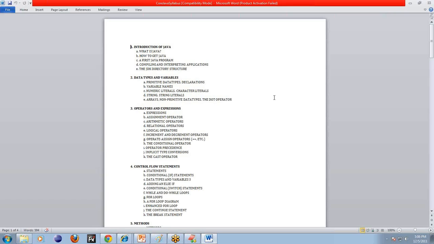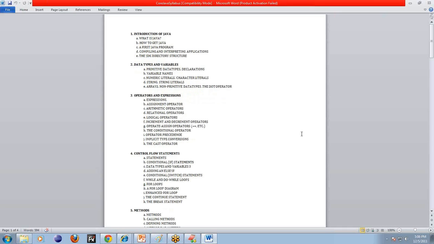Control flow statements, like what the different types of loop statements are and for what purposes we use them. Then the object oriented features, and how to implement them in Java, how to declare the methods, and how to implement encapsulation, inheritance, polymorphism.